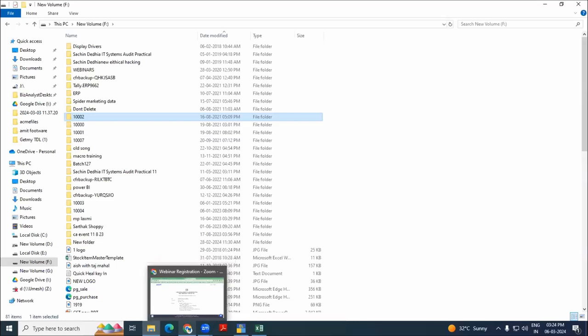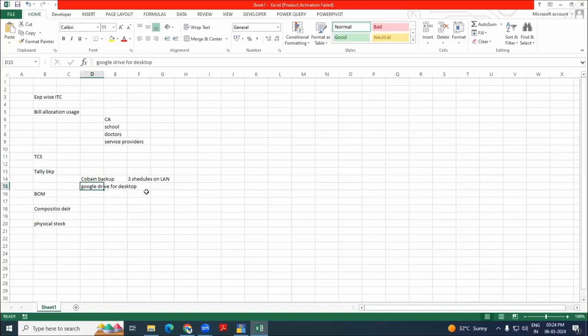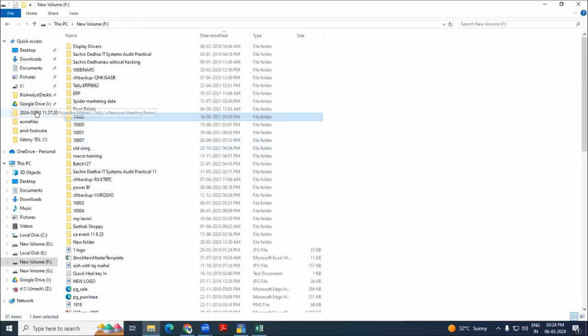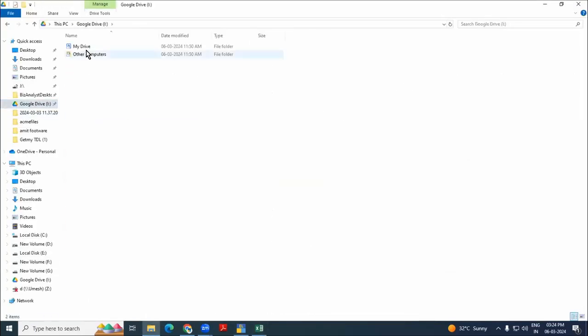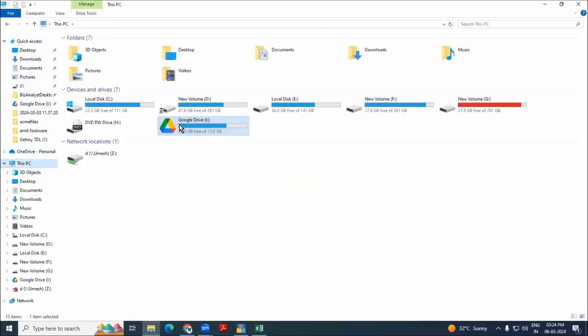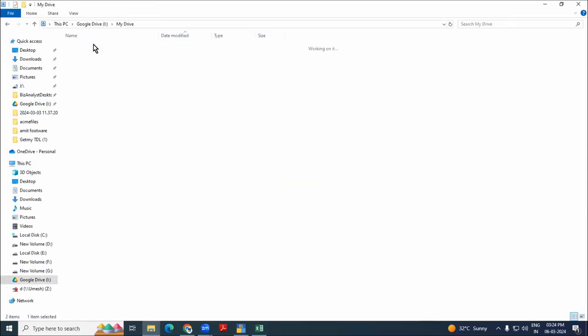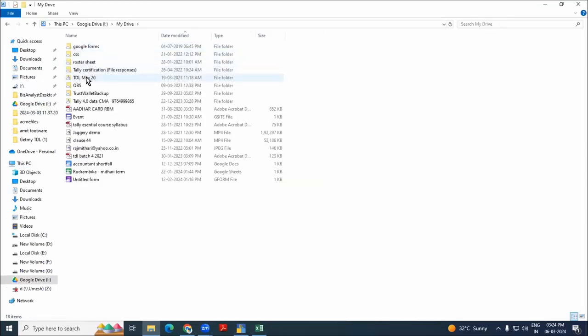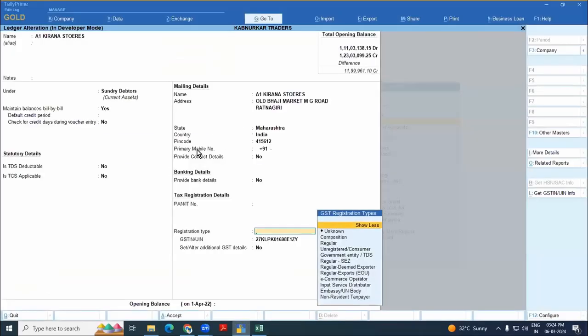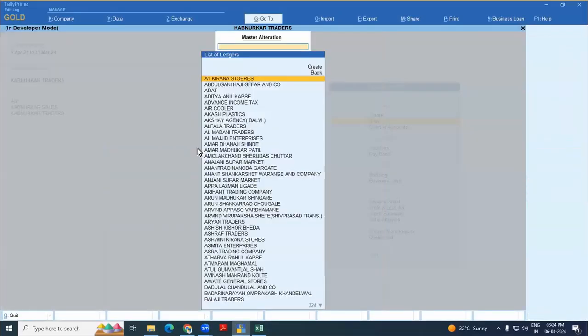And here is a note for all users. I know many of you are thinking about directly passing your Tally data path to Google Drive and using data from Google. I have seen this scenario at 3 CAs. They know how to install Google Drive, they move the folder there and select any data, and give that data path to Tally in Select Company. That's actually a very bad practice. Don't do this,